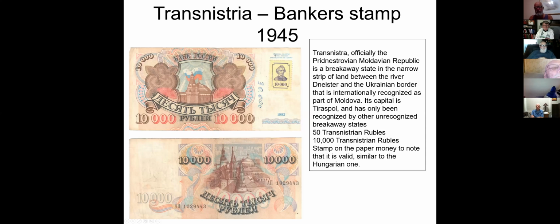Transnistria banker stamp in 1945. This is a small area in Moldavia, close to the Ukrainian border, which broke off. It is not internationally recognized. It's an autonomous area, but they still issue their own stamps and at one point issued their own paper money, but only locally. In 1992 they did issue these, and I'm not sure if they still do, but it's apparently still good. So, anyways,